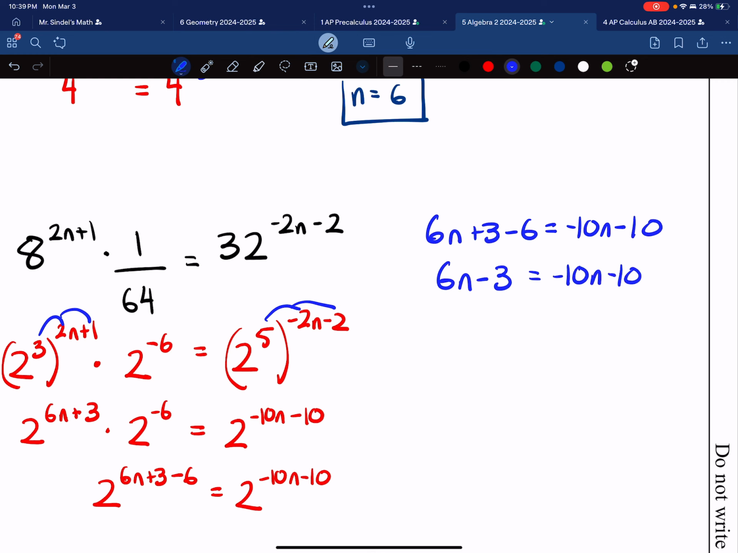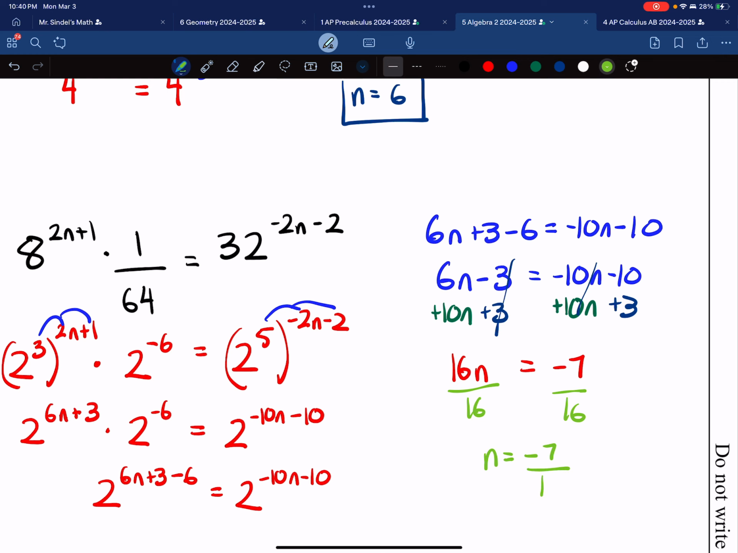And then from here, let's go ahead and move that 10n over, adding 10n to both sides. That means that this left side is reserved for my variables, my n's, which means this negative 3 has got to go. Let's go ahead and add 3, and then those will cancel, leaving behind a 16n on the left, and the right side I have a negative 7. Finally, we are going to divide both sides by 16, and n is equal to negative 7/16,